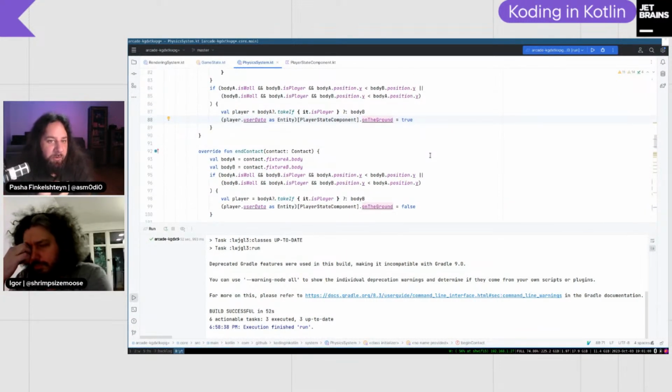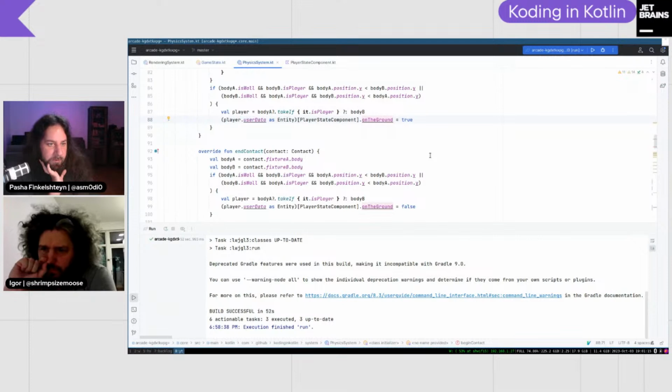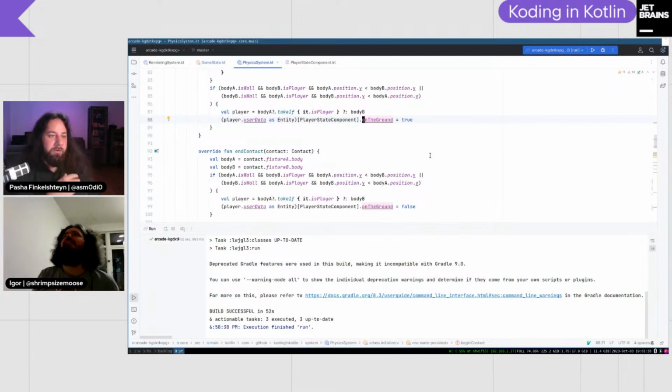And you can see that we compare body A position Y and body B position Y. So it says that if the wall's position is lower than the player's position, and if we have the contact, then we set the property on the ground to true. But it's not the right way to do it, because the position of the wall is a very abstract thing.